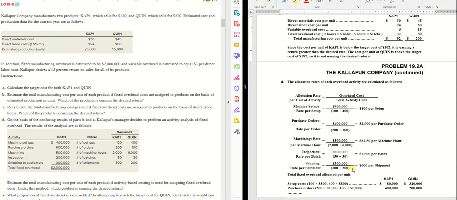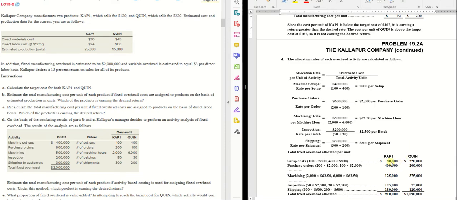You can email me if you have any questions, but pretty much what it's done is I've split up this 2 million. I'm going to allocate it between the two based on what activity drives the cost. So if it's setups, orders, machine hours, etc. All right. So now instead of direct materials, direct labor, variable overhead, and one fixed overhead cost, I'm going to have